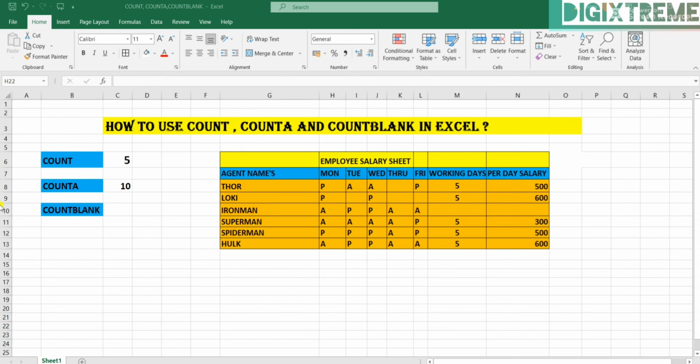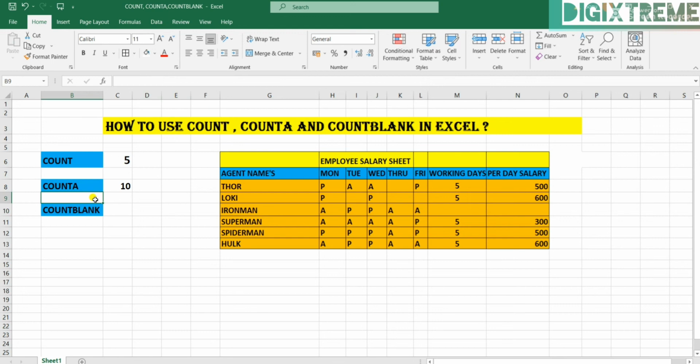Let's move to the next one, COUNTBLANK. COUNTBLANK is very simple. The COUNTBLANK function counts the number of cells in the range that do not contain any value.